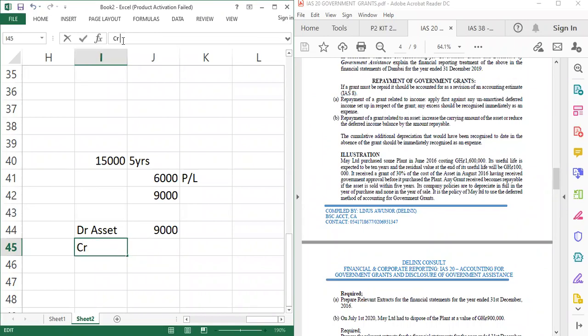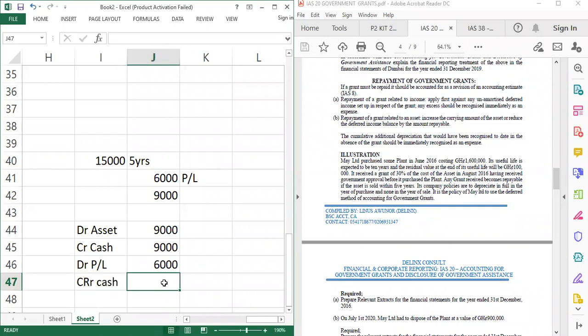And if the grant is repayable, then we debit liability because we are here to pay. So that would be an obligation. But if we actually pay the grants, then we debit cash by 9,000. But what is the total amount of the grant that we are paying? 15,000. So what will happen? We debit profit or loss to cancel the portion of the grant that was recognized as income. So we debit profit or loss with 6,000. Then you still credit the cash with 6,000. Are we okay now?